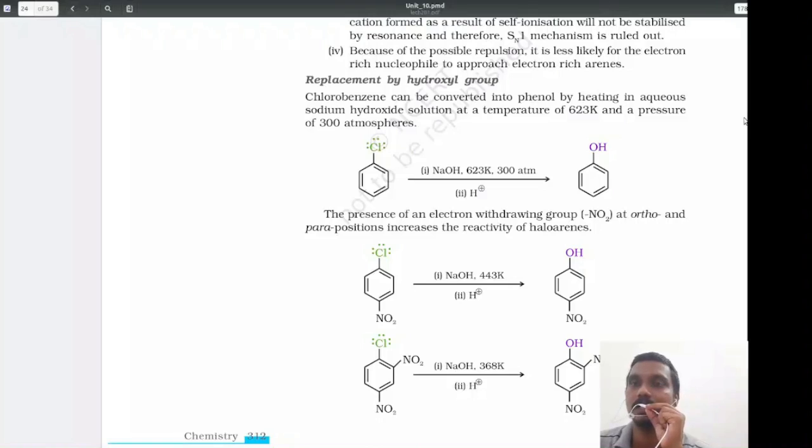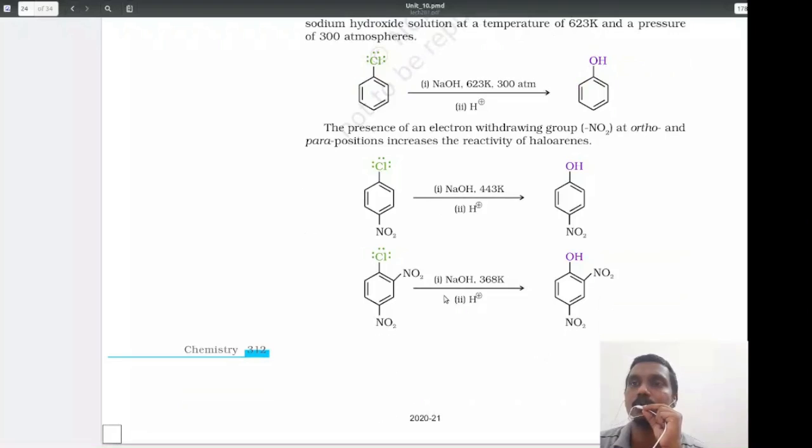So we say that the introduction of nitro groups in the para position or in the ortho position activates your aryl halides towards nucleophilic substitution reaction. Now how do we know that it is activating? Compare reaction 1 with reaction 2. You will notice that upon the introduction of the nitro group, you need a milder condition to perform the reaction. In the previous case you need to apply a very high temperature and pressure, but here you just need to apply a slightly milder temperature, and at normal pressure the reaction does occur.